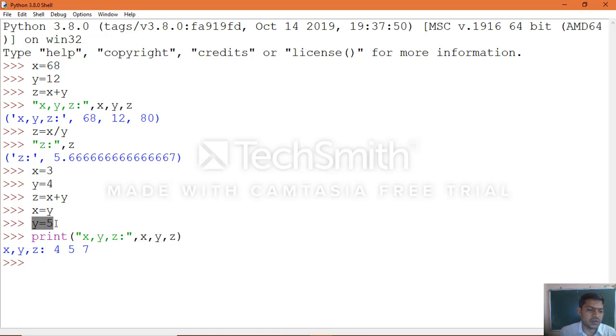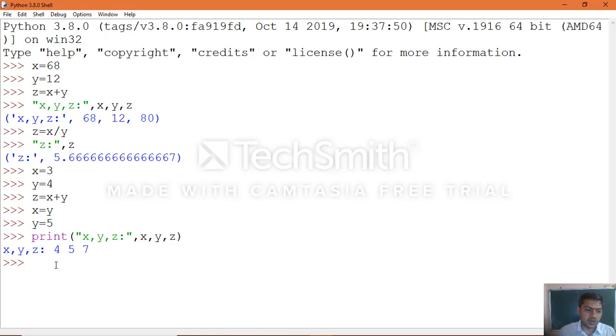Initially it was 4, but the statement changed it, so it considers 5. Then z equal to 7, as usual, the first calculation 3 plus 4. So you can see clearly the output.